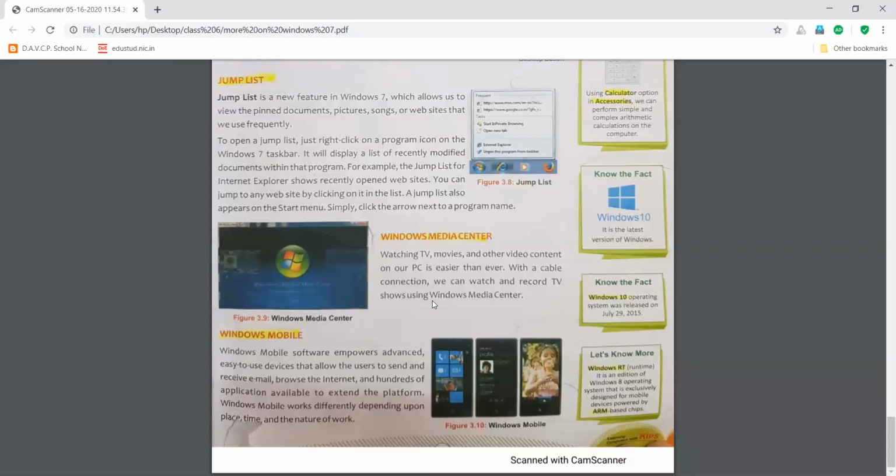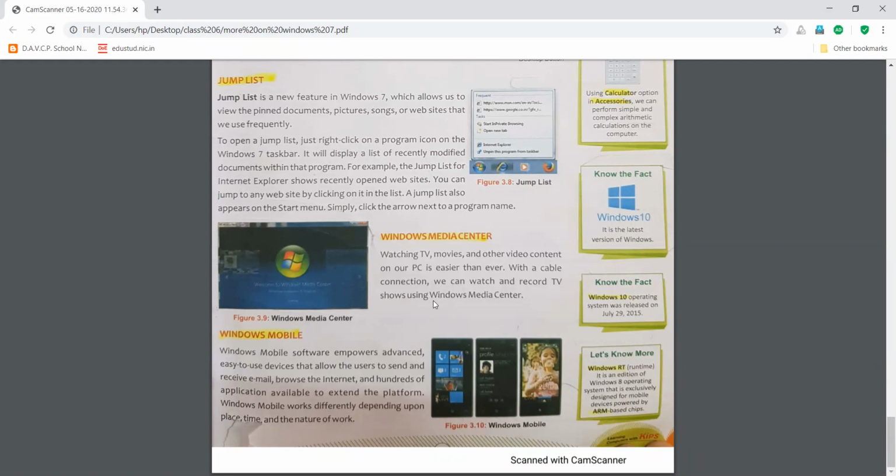Watching TV, movies and other video content on your PC is easier than ever. With a cable connection, we can watch and record TV shows using Windows Media Center. Windows Media Player was used to play media, which can be your audio or video, but Windows Media Center is going to convert your computer into a TV, provided you have your cable connection into it, right?